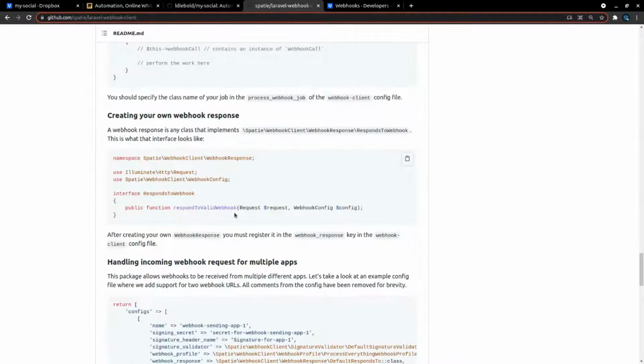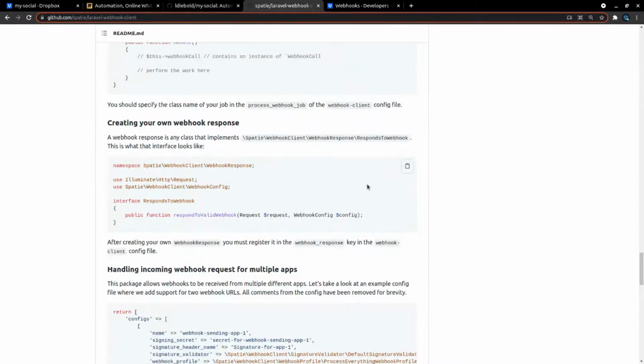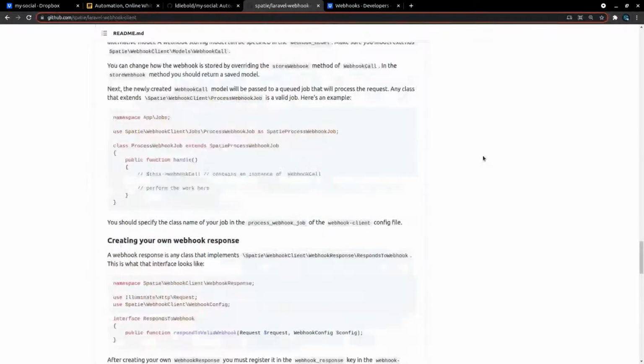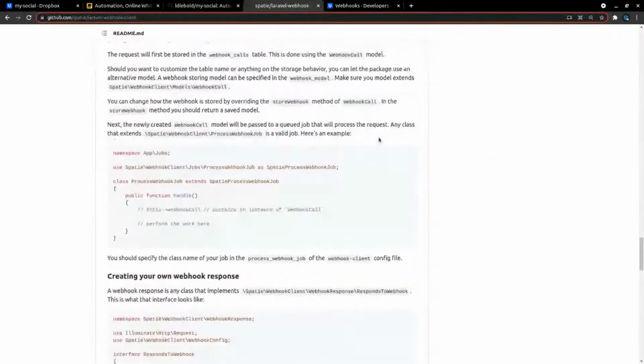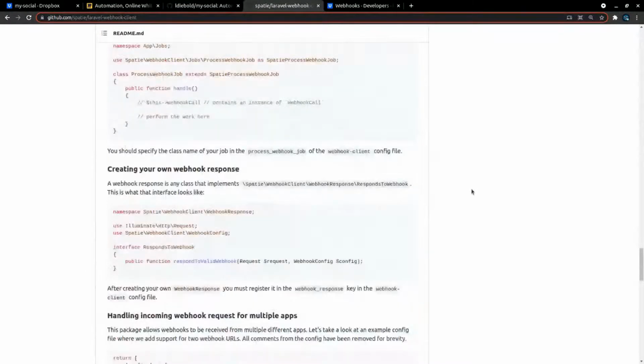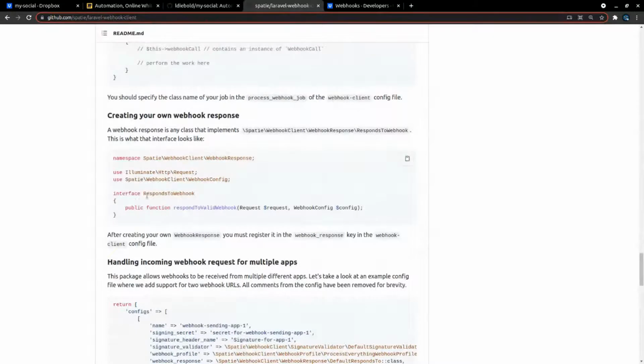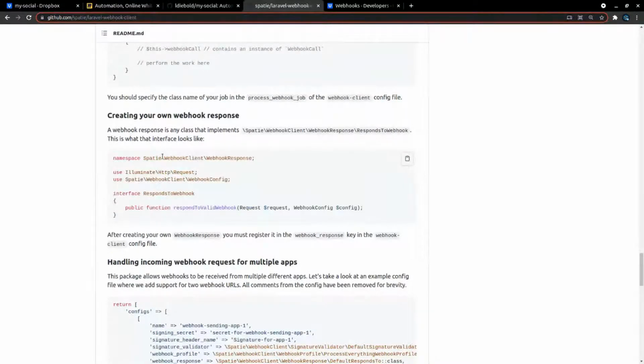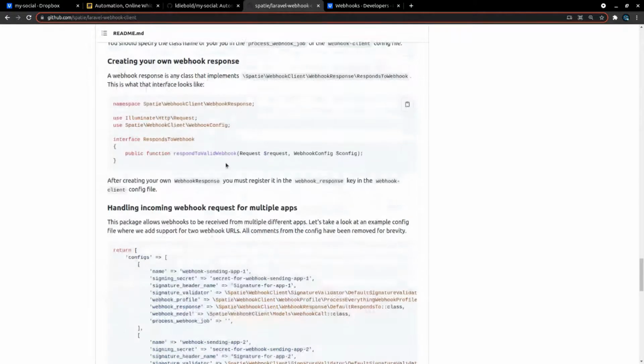I'll need to create my own one that sends through the challenge. I'm not very experienced with this kind of thing, so this is all very new to me. I'm kind of learning here. So Dropbox is going to send me a request with a challenge. I will need to implement this to basically respond with the challenge so that I can then receive the data from that webhook.